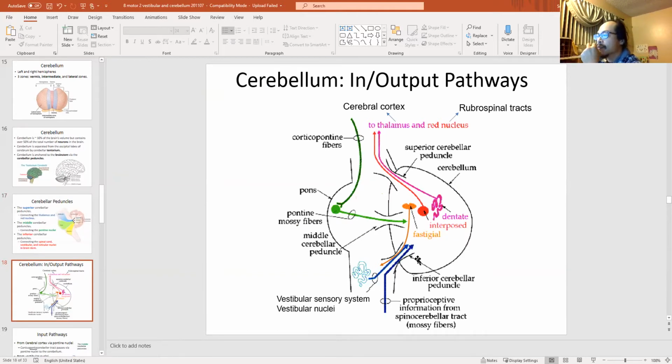Maybe this is a good example of the input and output, including the output basically going from the superior peduncle to the thalamus, to cortex, to the red nucleus, to rubrospinal tracts, and then down into the spinal cord. Receive signal from the cortex through the